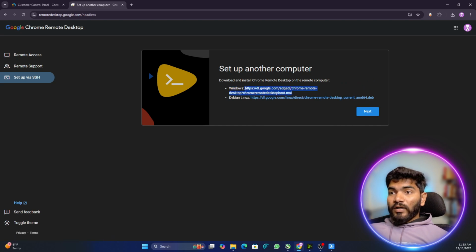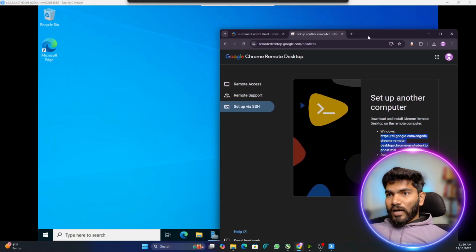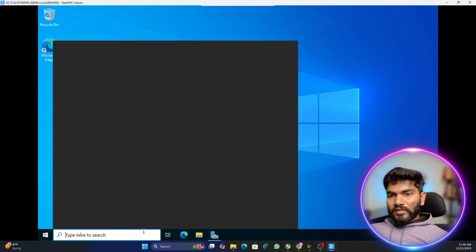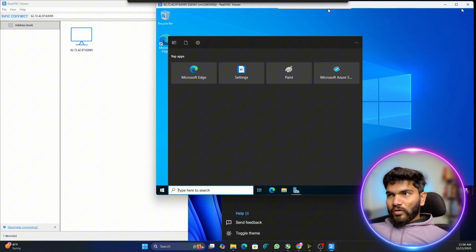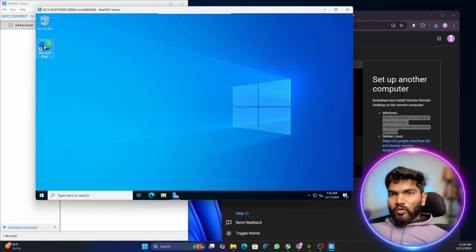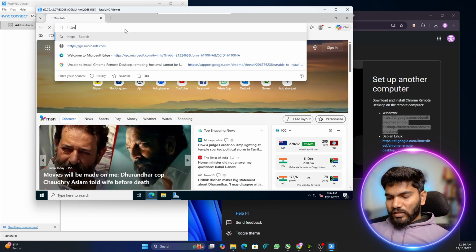Click here and click on begin, and here you will see that for Windows you need to open this particular URL. But even if I copy this URL and go to my VPS, I will be unable to paste it. Can you see? If I go here and right click, it's not working. Control V, and I am unable to paste that URL. So what I'm going to do is make this window a little bit smaller and type it manually. Let me open Chrome Edge, and here I will type that URL, https